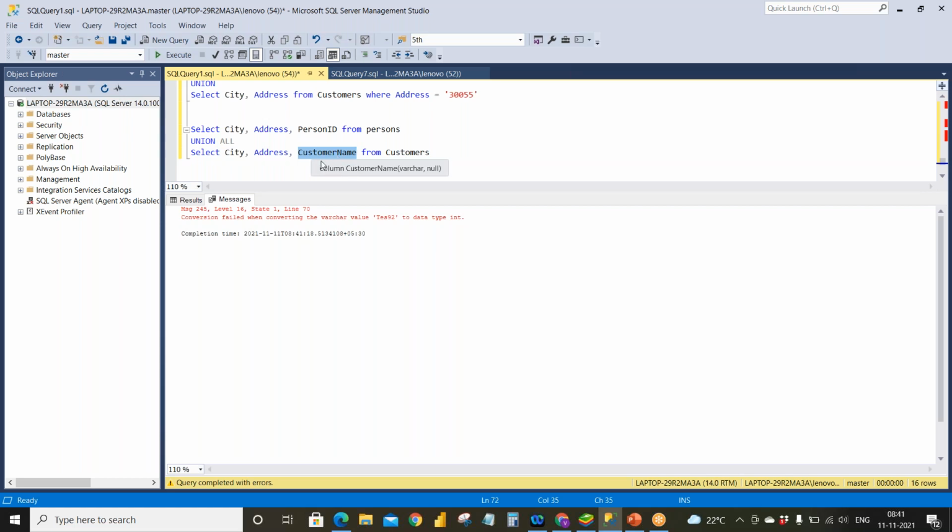So if you give an integer value over here only, it will accept. Other than this, it won't accept. So the main criteria is this: no need to have the same name, but it should have the same data type and it should be in the same order. Okay.